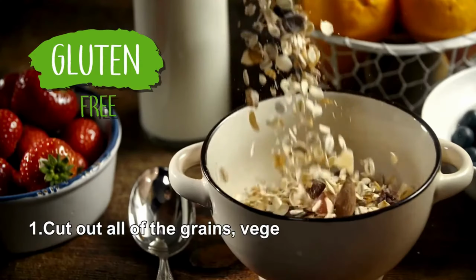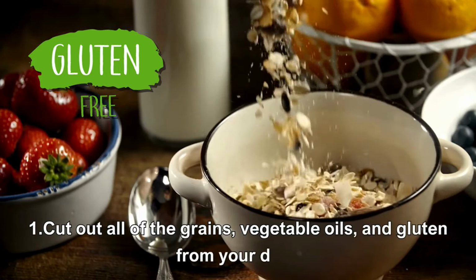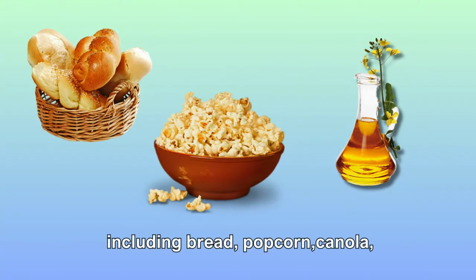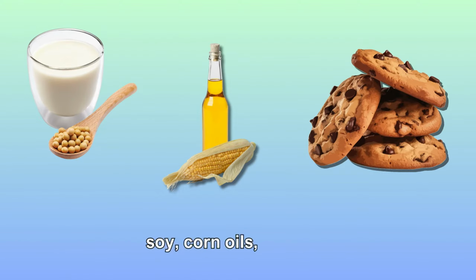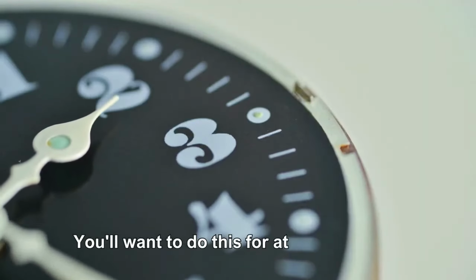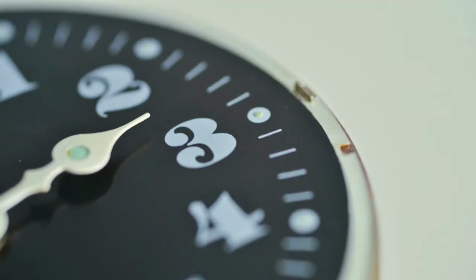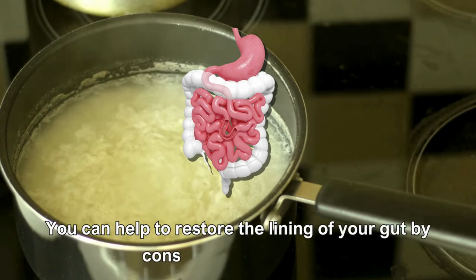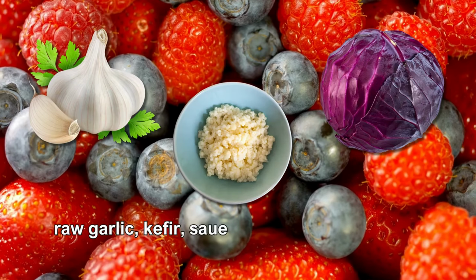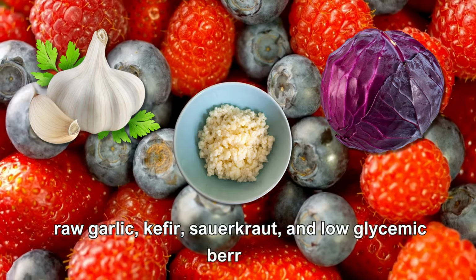Cut out all of the grains, vegetable oils, and gluten from your diet, including bread, popcorn, canola, soy, corn oils, biscuits, pasta, tortillas, rice, etc. You'll want to do this for at least 90 days. You can help to restore the lining of your gut by consuming bone broth, raw garlic, kefir, sauerkraut, and low-glycemic